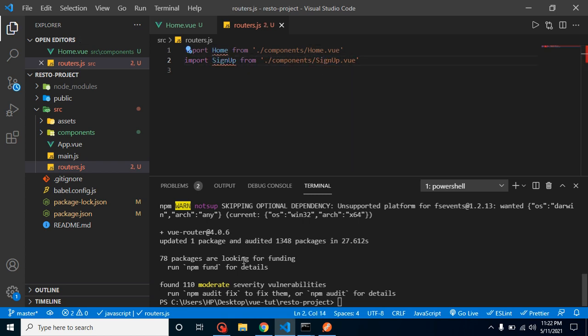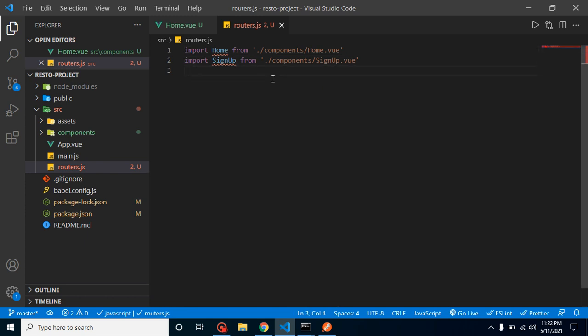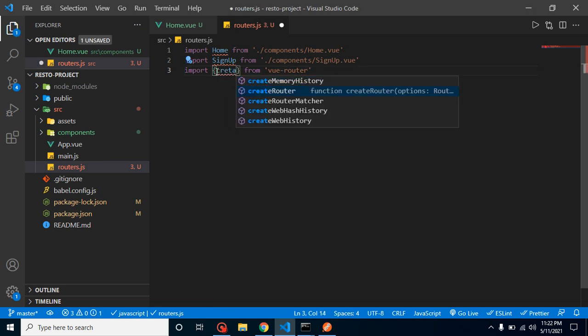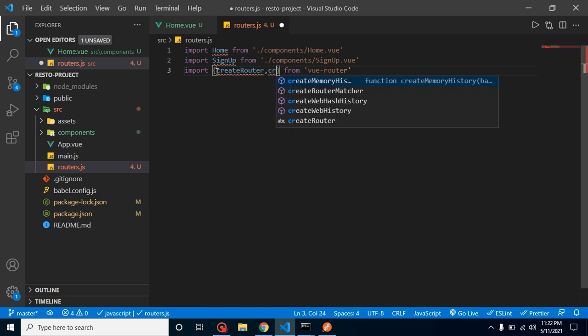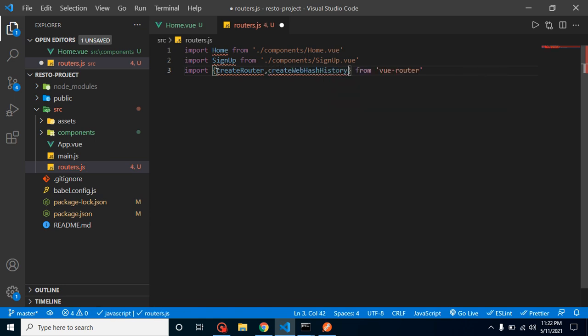And our routing package is also installed, so we can close the command line and import something from vue-router, and we need two features from here. One is createRouter, and the second one is createWebHistory, right?